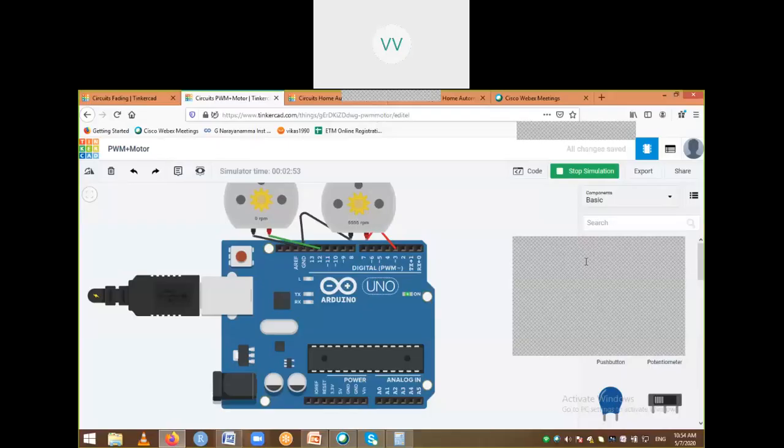So I have three different values: no speed, half of the speed, complete speed. So what are the values which I am passing to that particular pin 3?